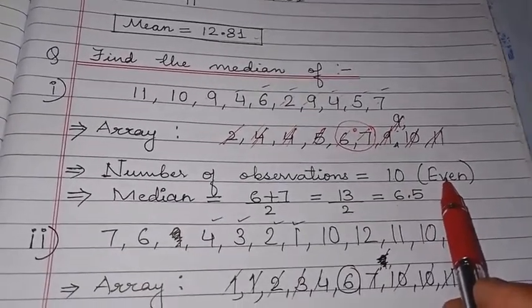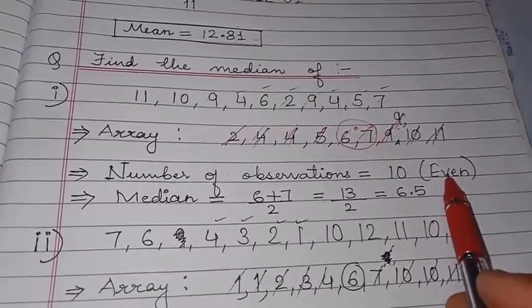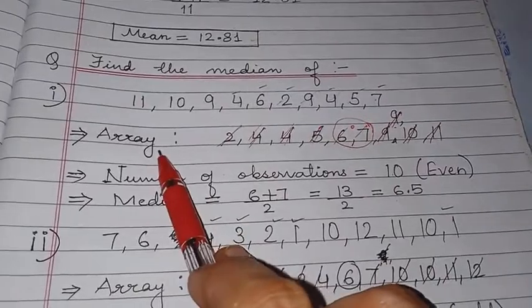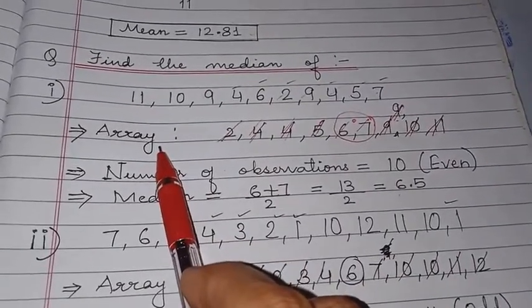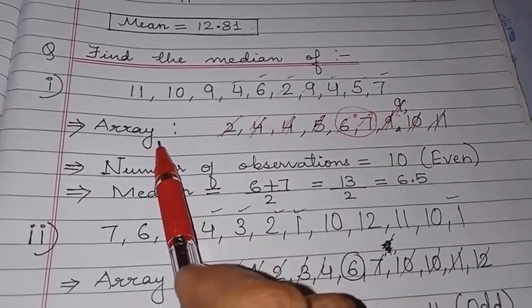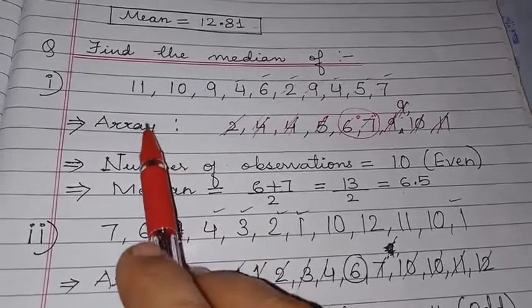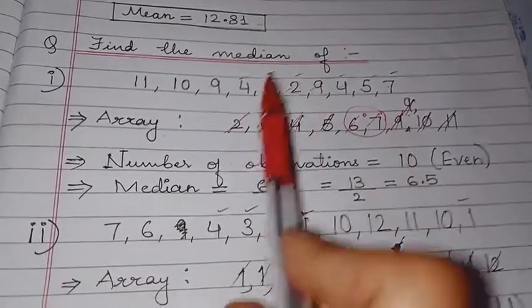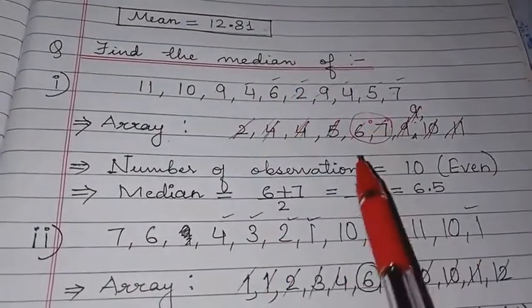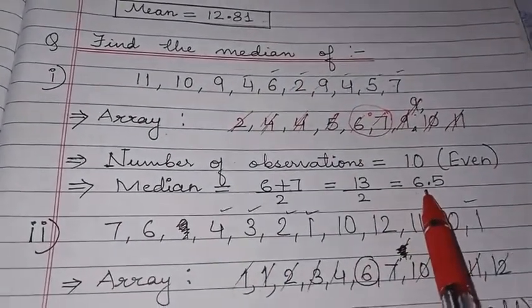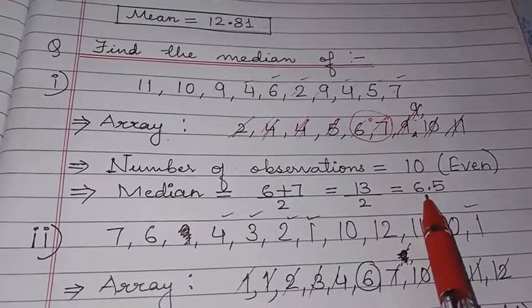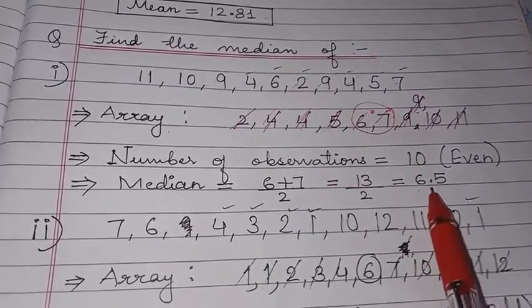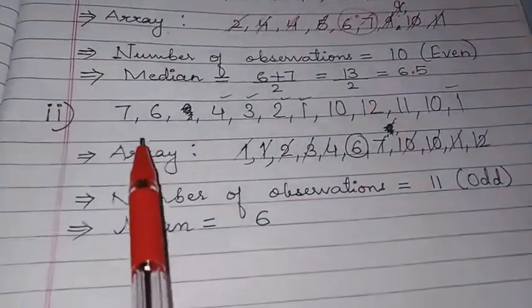This seems very easy here, but in exams the first thing you should do is arrange it in an array. But you people are so happy that you say, oh, we have got such an easy question, and you forget to write it in an array. Once you do not write it in an array, you won't get the correct median. So arranging in correct order is very important. Let's see the next example.